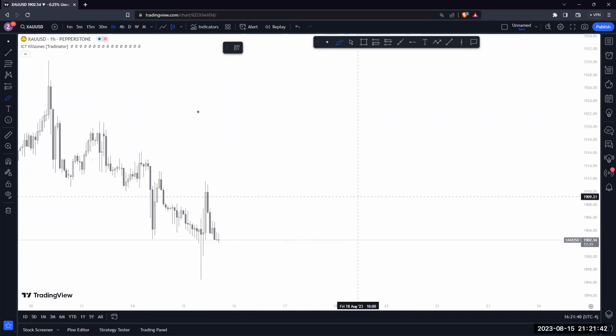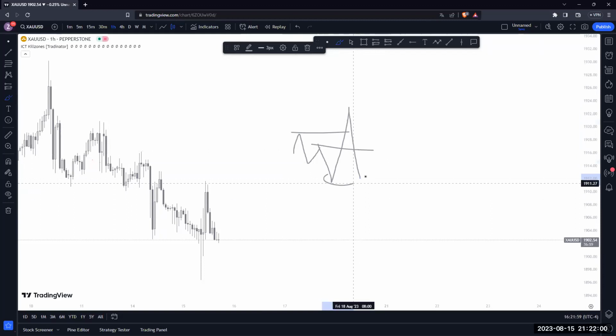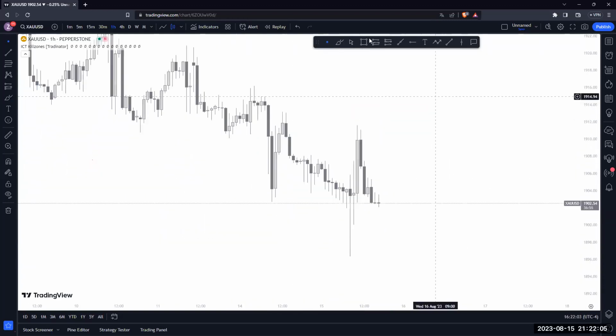So we go to H1 and look at structure. The last structure that has been made, you might have something like a high that got broken, maybe two highs. If they get broken, wait for pullback and buy. It's very simple. This is basic structure stuff. So as you can see here,